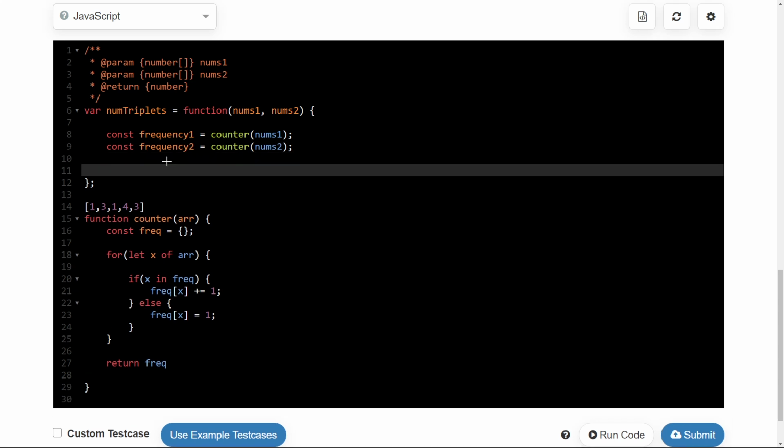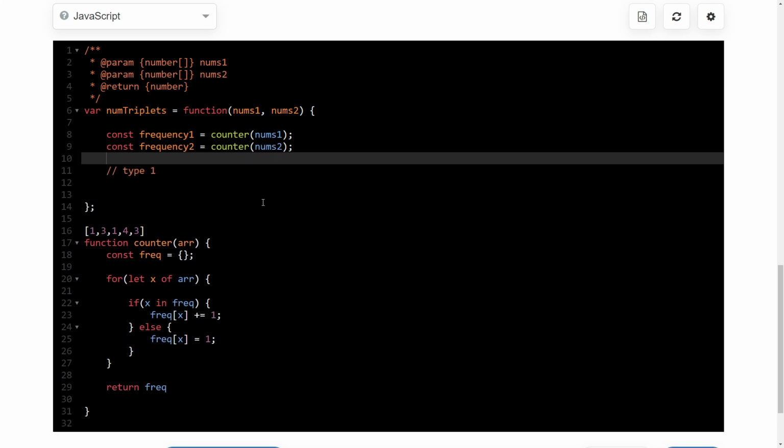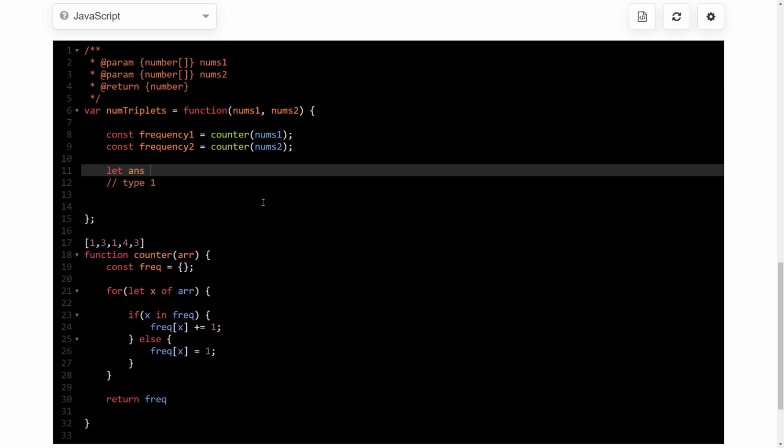So now we have frequency. That is all right. Now we just iterate over everything, right? First we will look at type 1, and the order doesn't matter. Let answer, our number of triplets, be equal to 0, right?